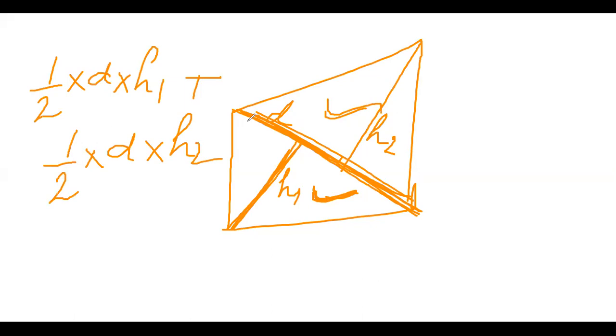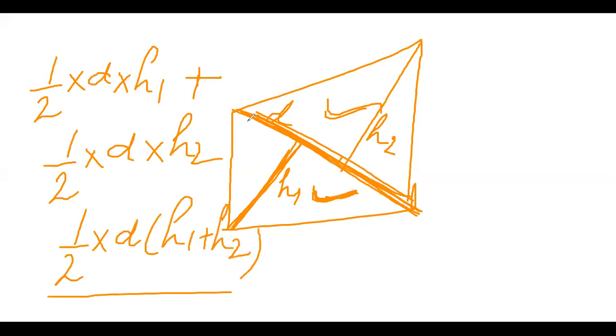Half into d into h2 add it, half common d common take, it will be h1 plus h2. So this is the area of the general quadrilateral. If we have given one of the diagonals and two of the heights, then the area of the quadrilateral is half into diagonal into height 1 plus height 2. Okay,